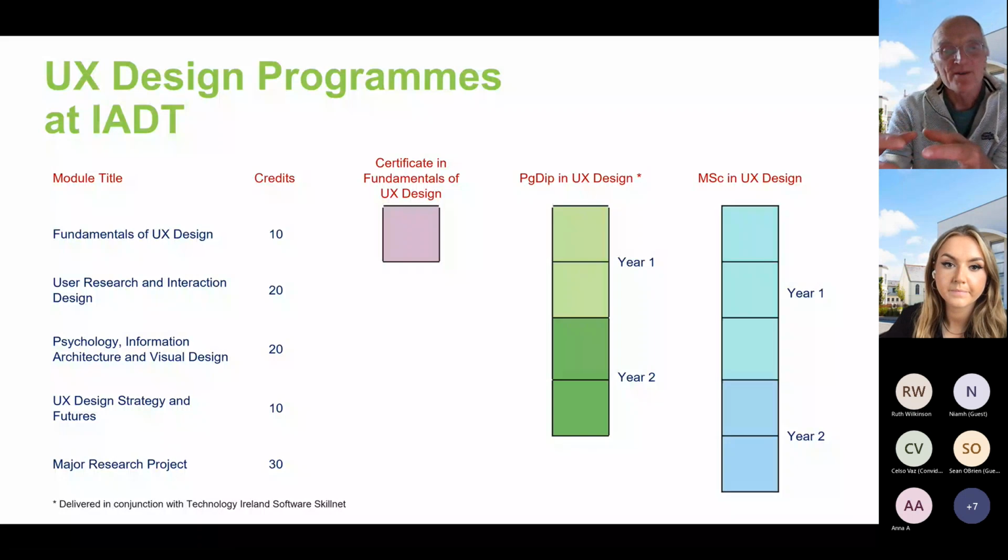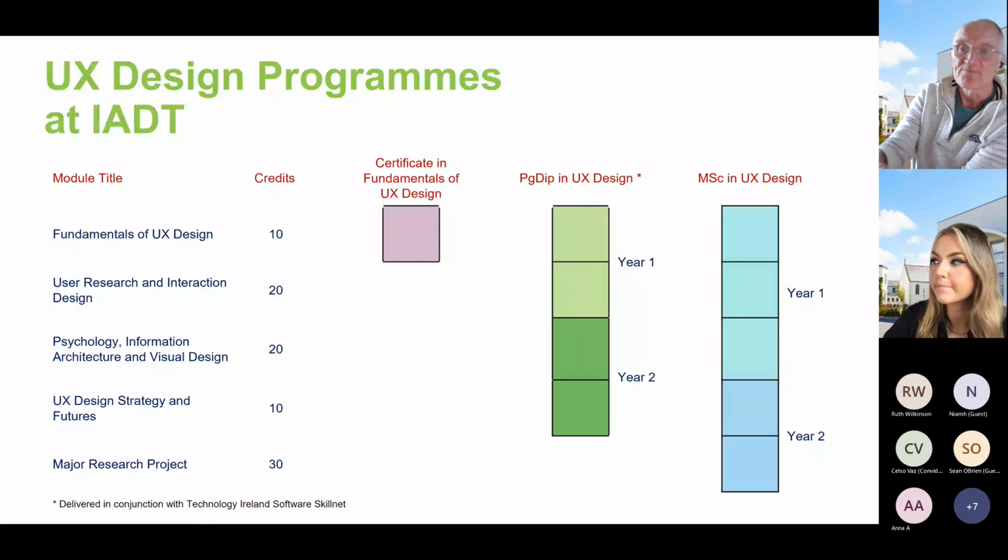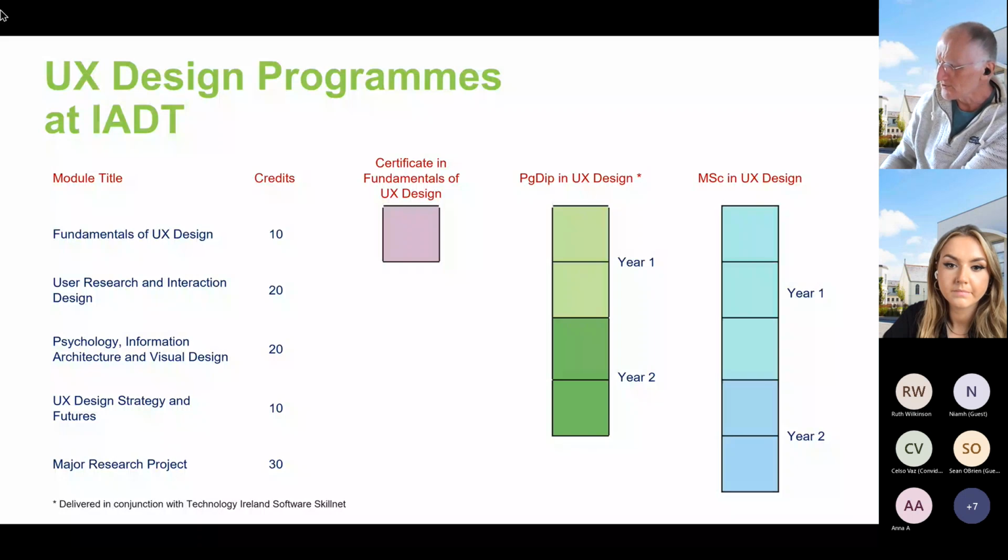Those 3 modules, each module you do a project. So in that third module, you will pick a topic again and design a solution. Pick a website and say, okay, I'm going to redesign some aspect of this website. But you're going to look into the psychology of it, the information architecture, the visual design, and try to see what's good and bad about this and what can be improved. And that brings you to the end of the first year of the MSc. That third module runs from February to the end of April.